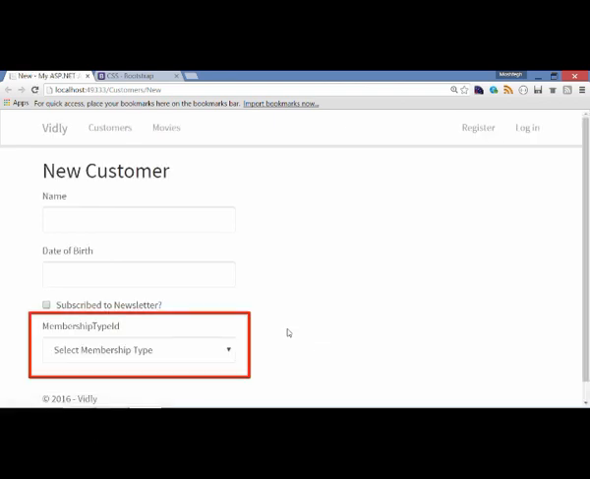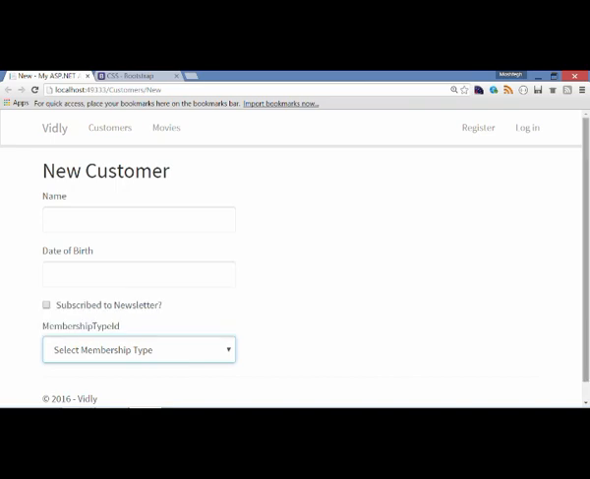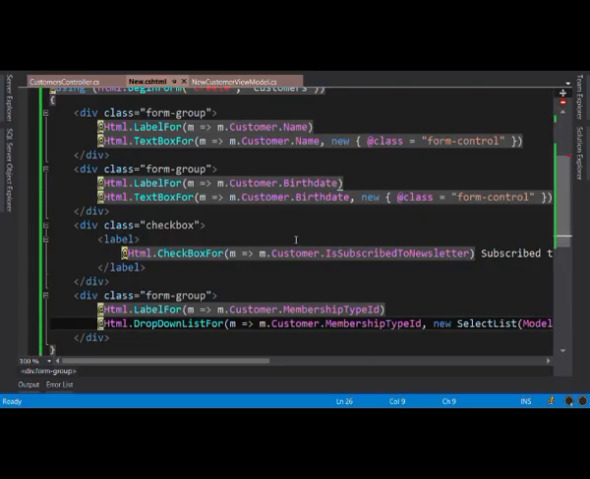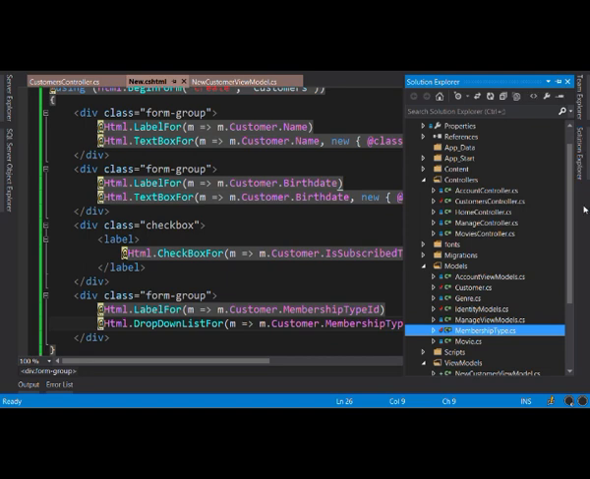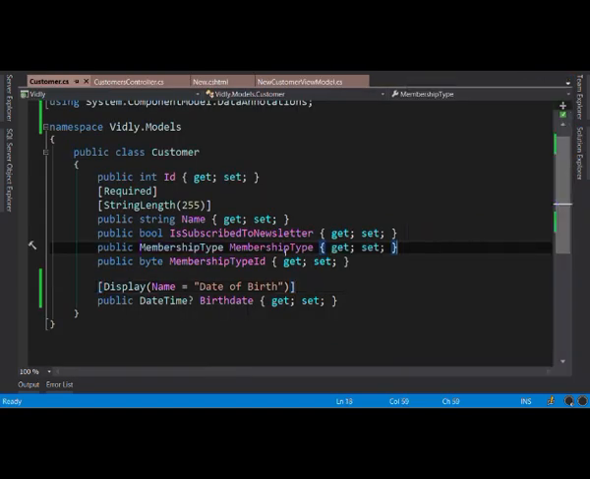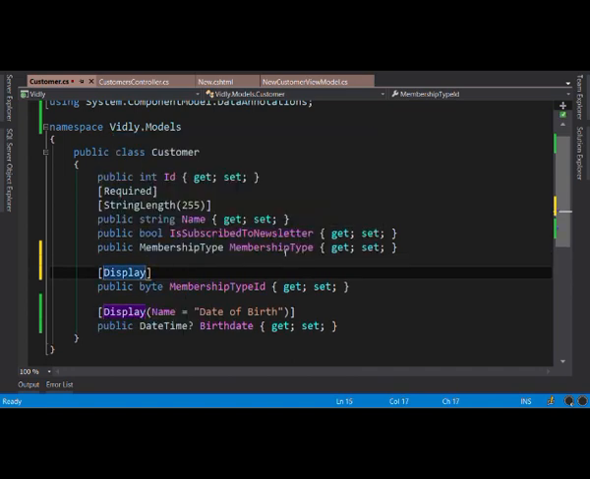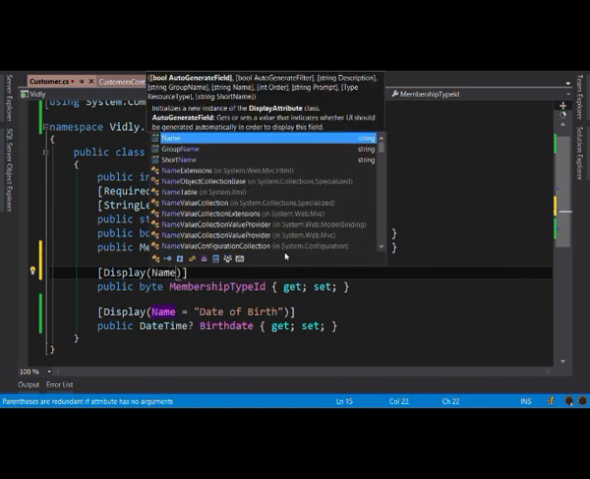Okay, here's our drop-down list. So the label is membership type ID, which I'm going to override in a second. And look, this is the first item that is selected by default. And here we have our membership types. Now back to Visual Studio. Let's go to Solution Explorer. In the Models folder, open up the customer class and apply display data annotation on membership type ID property. And here we set the name,